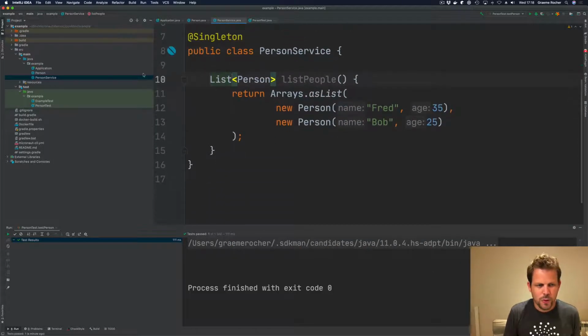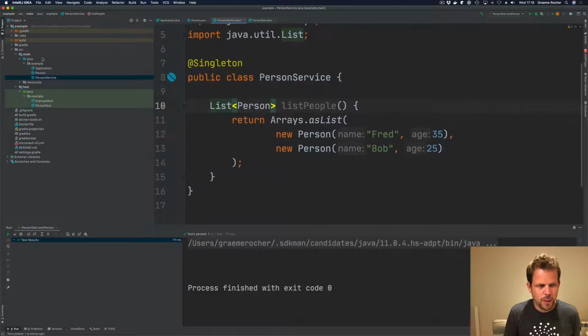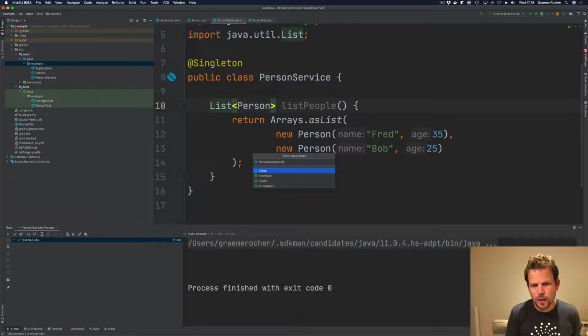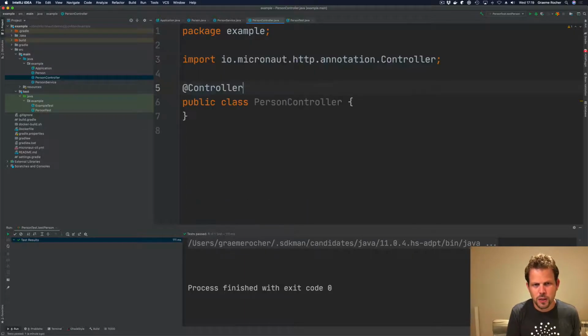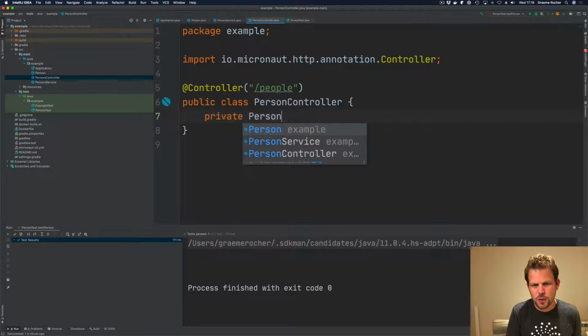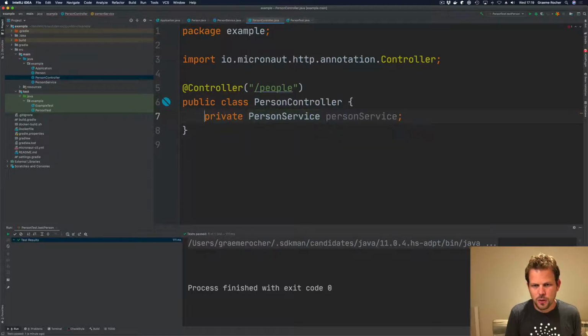There we go. Here we have my person service. So maybe you would inject this, for example, into a person controller. A controller is a web controller, for example, to expose REST endpoints, and this could map to the people endpoint, and we could inject our person service into this endpoint like so, maybe make it final, and add a constructor